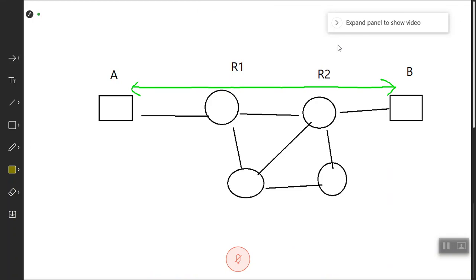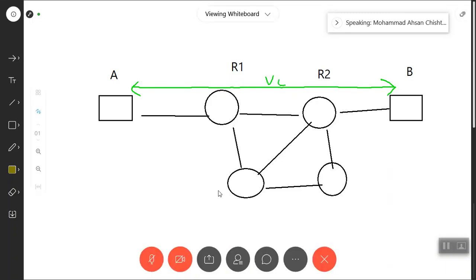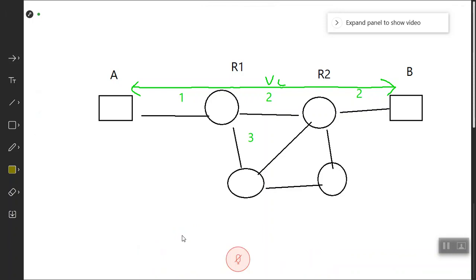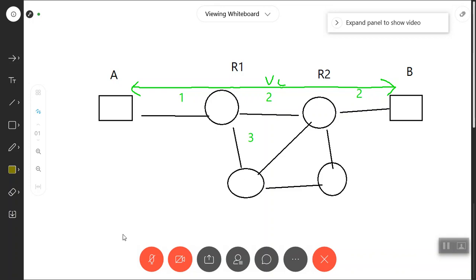A virtual circuit, this is VC, that we have now made already, and we have some numbers which are associated with each one. Virtual circuit numbers associated with each. So a virtual circuit has a different virtual circuit number on each link. I have mentioned these in green: 1, 2, 3, 2, 3. Okay, and an intermediate packet switch must replace the virtual circuit number of each packet that is traversing.